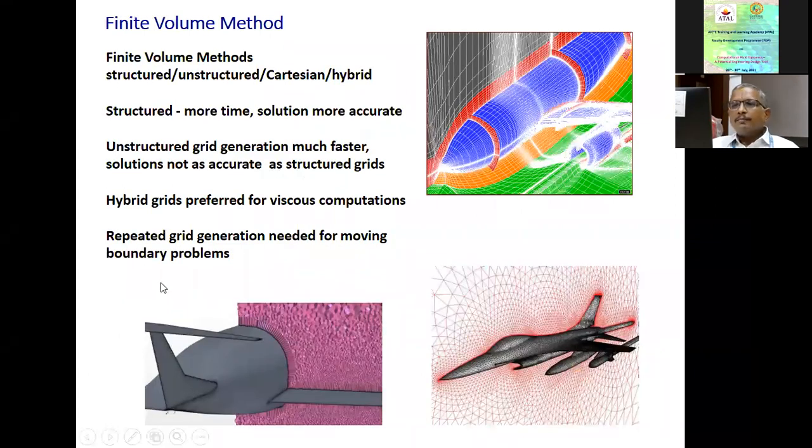Having said this about the finite volume, I show here a few examples which you would have seen in the morning. Here is an aircraft with the fuselage, wing, and then the engine. This is quite a complex geometry. To begin with, when CFD started, the multi-block structured grid was one of the common approaches. These kinds of grids even today do give very good results, but it takes a lot of time, in terms of maneuvers.